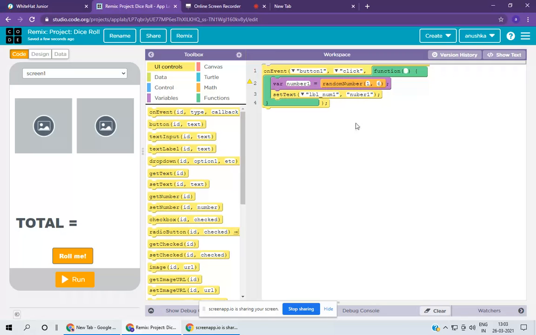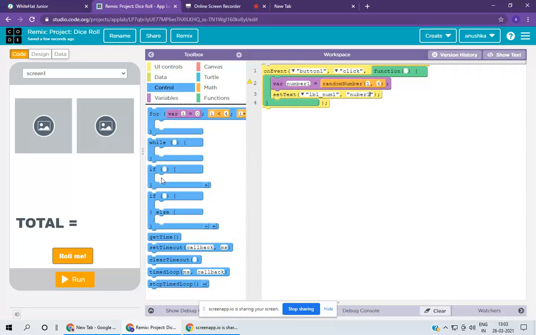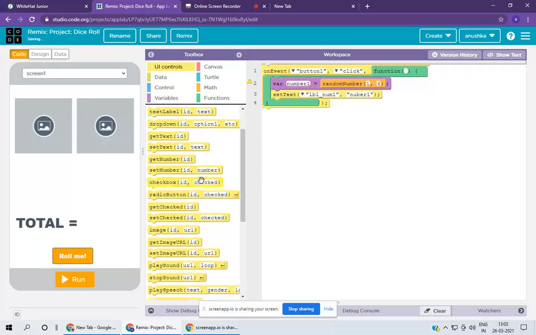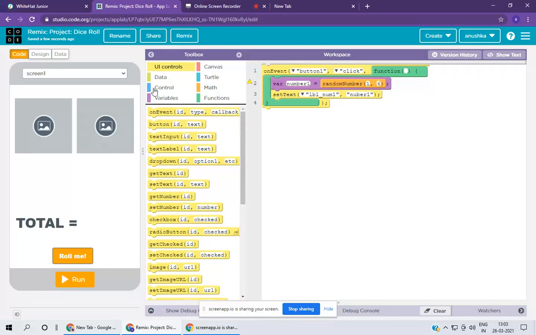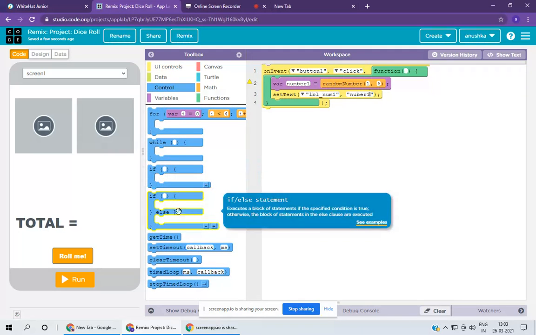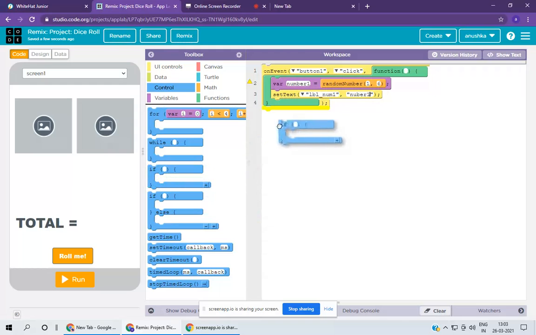Now we need to take an if block. We will get it in controls. We don't need if else, we just need the if condition.